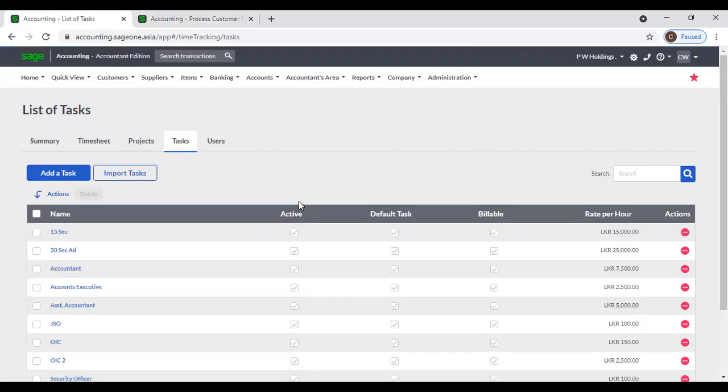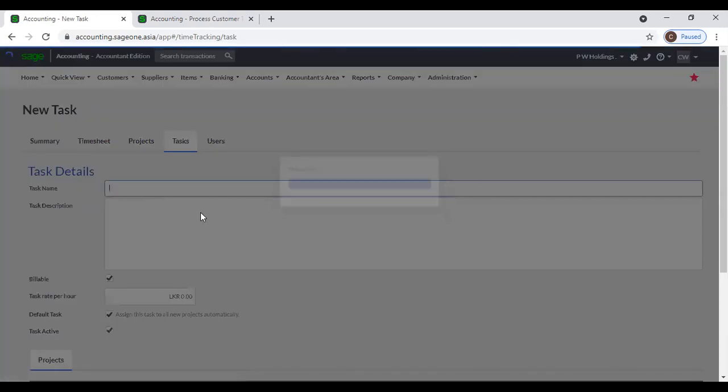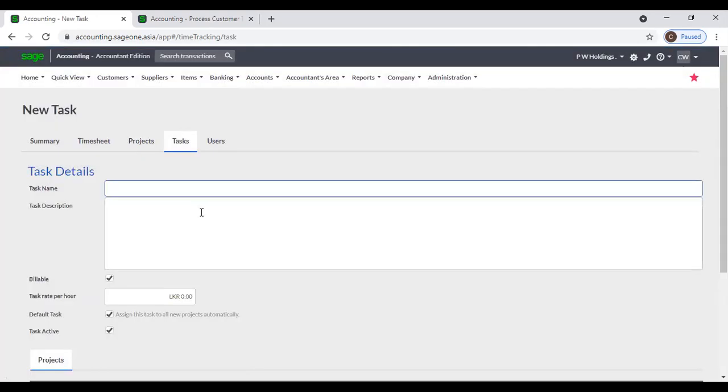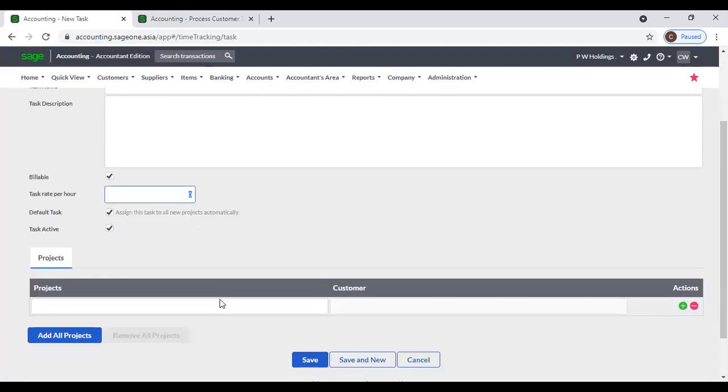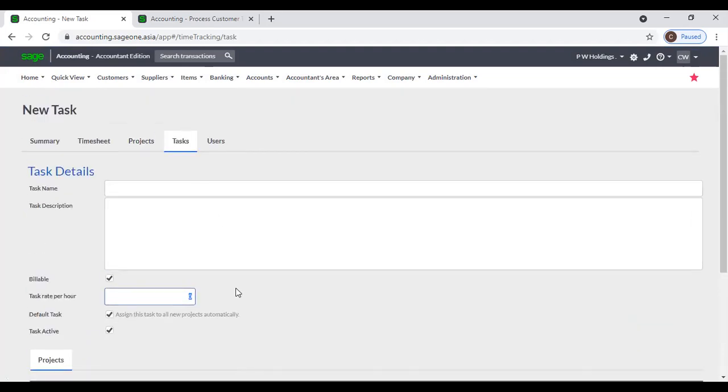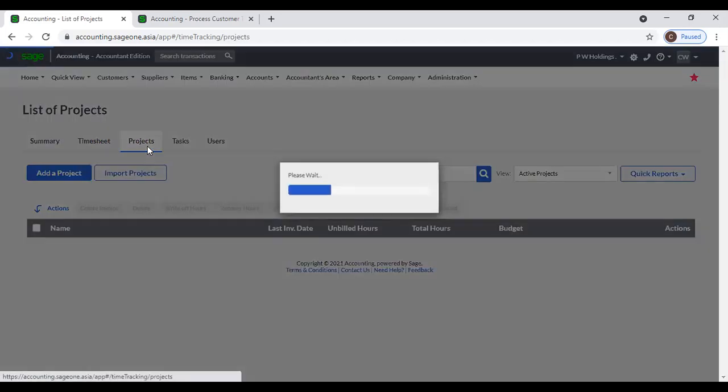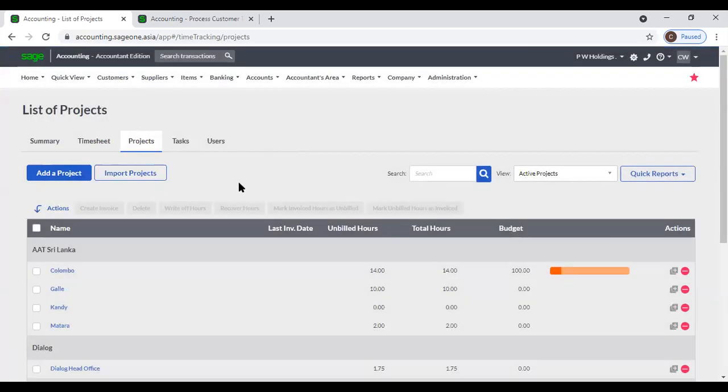Assume you are running an accounting consultancy company, and from here you can add accountants, finance managers, accounts executive, and accounts assistant, and you can enter rate per hour, and save that task. Okay, next go to projects,